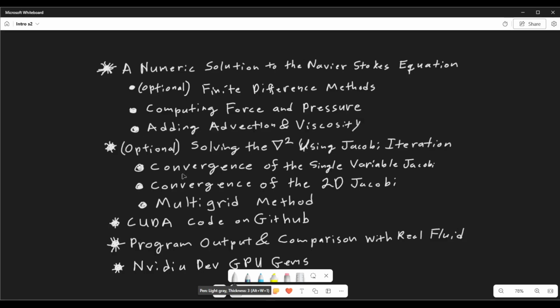So I'll go over the convergence of the single variable Jacobi, and then the convergence of the two variable Jacobi. And then finally, since it turns out that the Jacobi actually does not converge very fast, even at a grid of only 64 by 64, it was actually necessary to use a multi-grid method. So I'll go briefly over that. And then I'll go back to my CUDA code on GitHub and describe exactly what I'm doing with that. And then finally, I'll go through the program output,